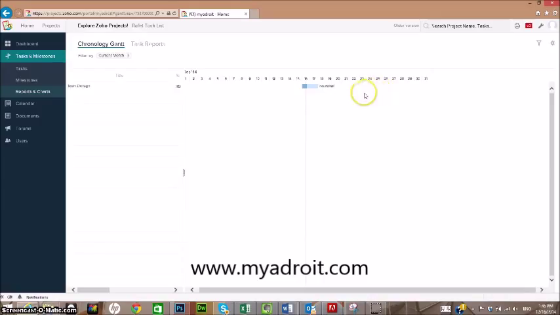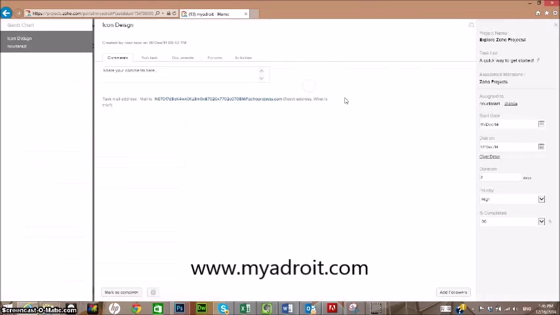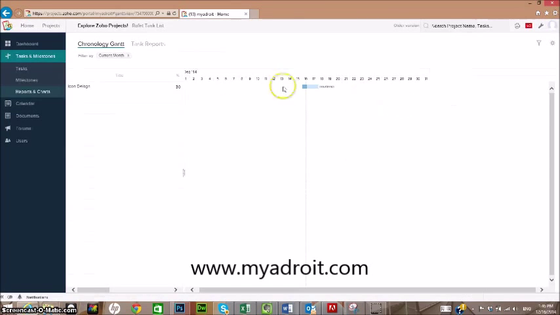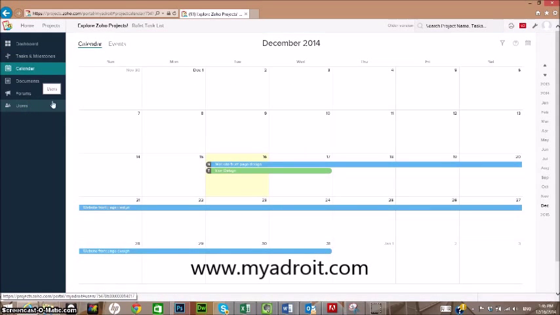Here we go. And here you'll be able to get a whole chart of what's going on in the project. We don't have much going on right now other than this task that I just created. Calendar. At this specific calendar under my project, since I have my project open, I can see right here that I have a task or a milestone that is starting right here on the 2nd, which is going to end on the 31st. This highlighted blue color right here shows you the owner is Noor Tarzi and will be fully